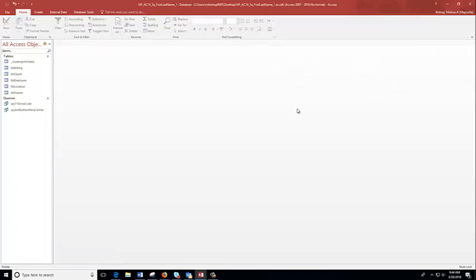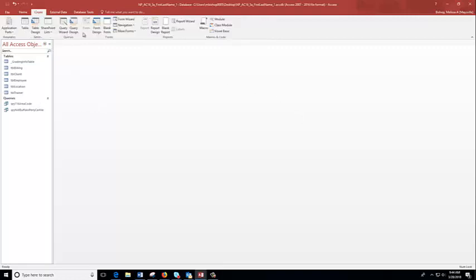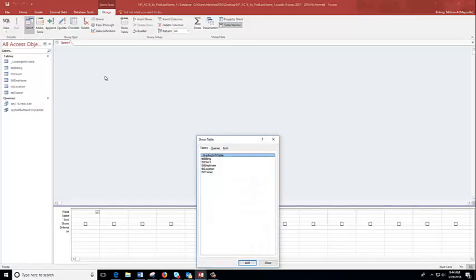So we want to create yet another query. This time we want to base it on the employee table. So I'm going to go to my Create tab, Query Design,